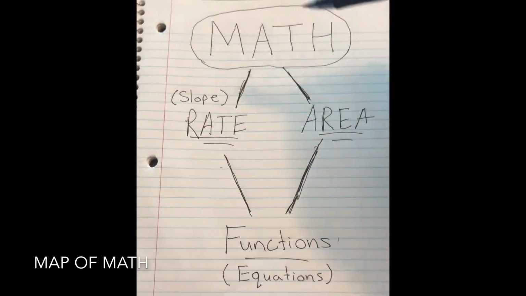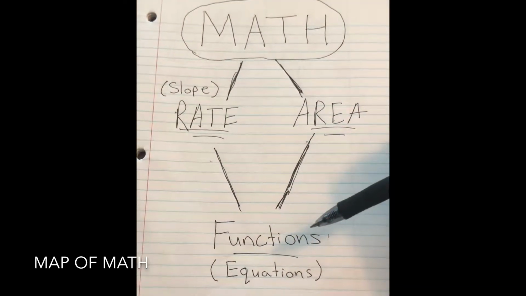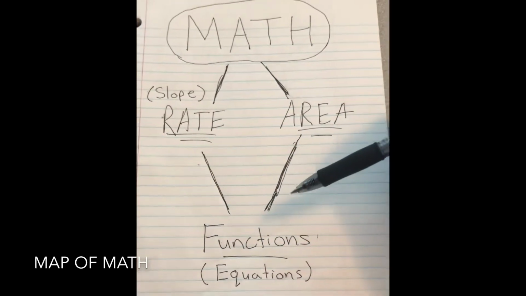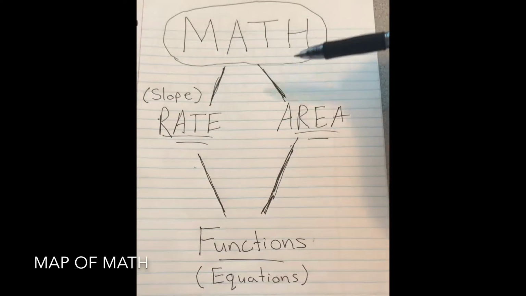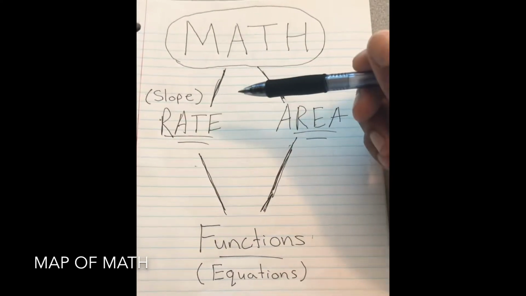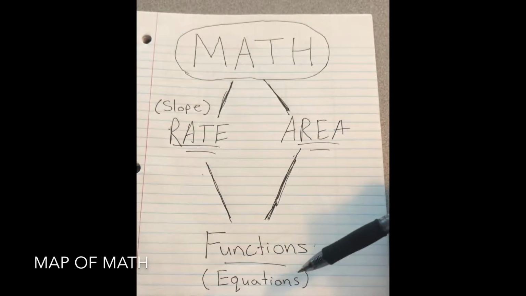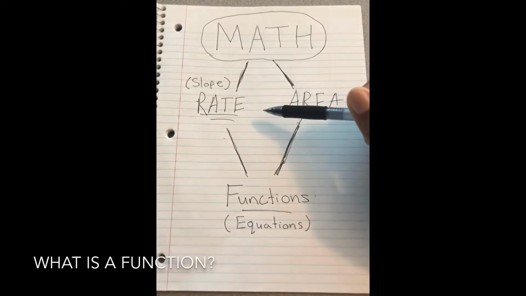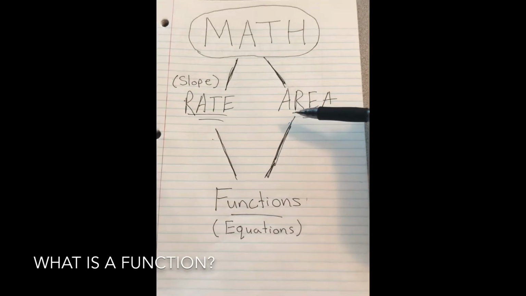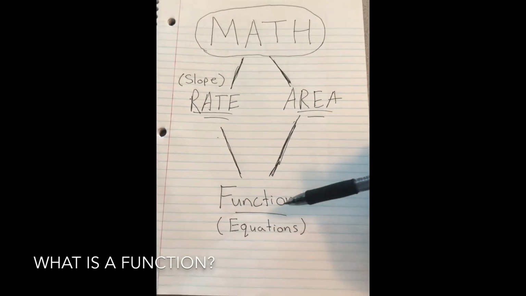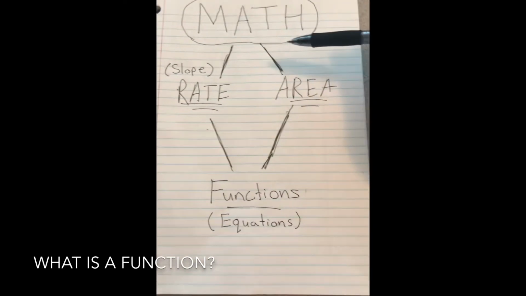It goes, math is finding the rate and or area of functions. Likewise, if you have a function, and you're finding the rate or area, you are doing math. Now, rate is a fancy word for slope, and functions is just a fancy word for equations. Most people have probably heard of rate and area, and even though they are very important, I want to focus on the idea of functions, since they are pretty much directly tied into math.